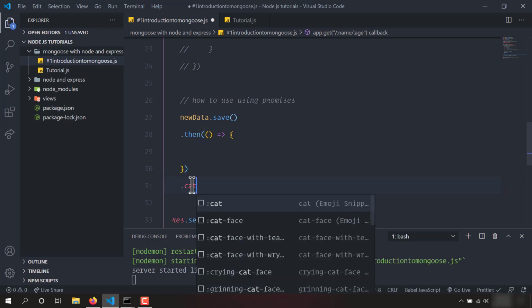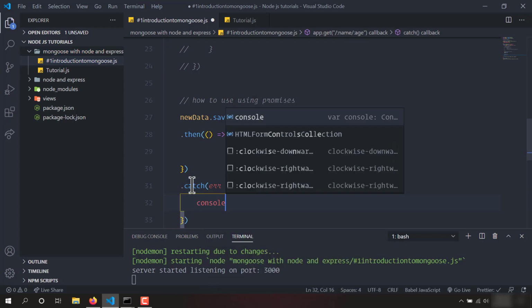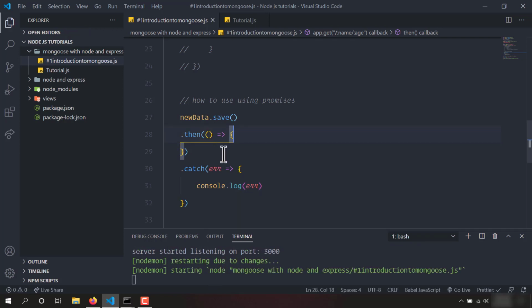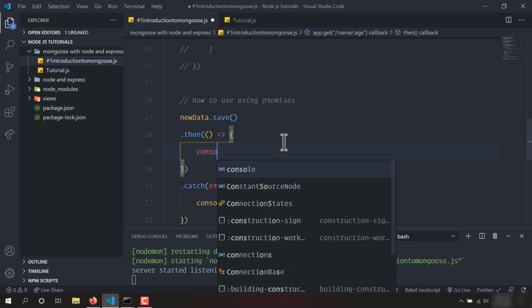And if there were any error while executing this process, then we just want to console.log that error. So basically we are handling the error. So it is clear that only when this process is successfully executed, is it going to run this function. So we will just write here console.log added data